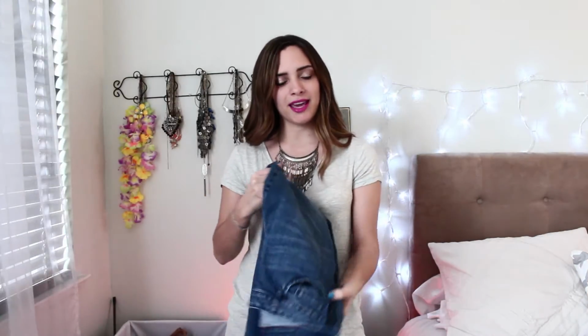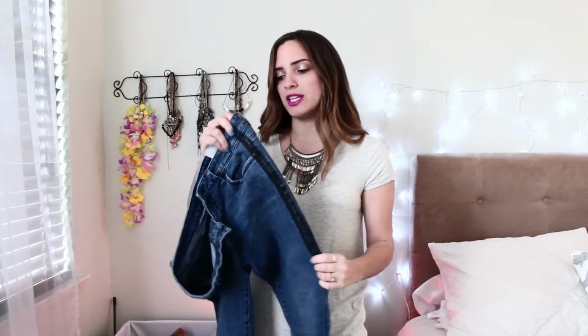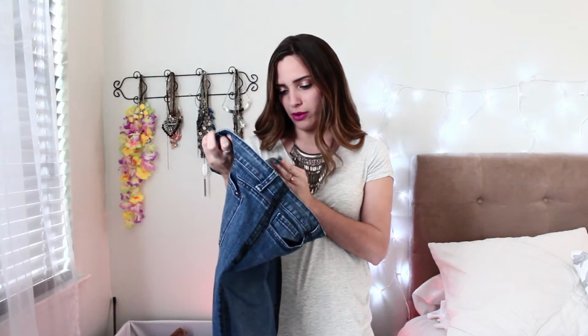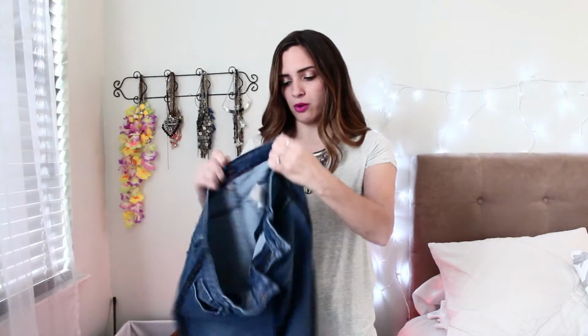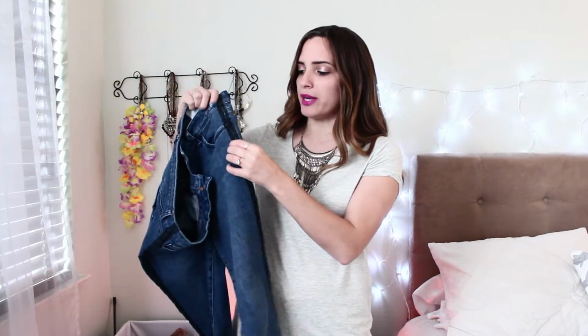Okay, so the first thing I have is a pair of jeans that I thrifted from Goodwill. They were probably under $5, and I was interested in them because I like the brand, Tommy Hilfiger, and they're probably on the older side, although I don't know how old, but I still thought that it was a nice label. It also comes with a different color on the side of the pants, which I did read that